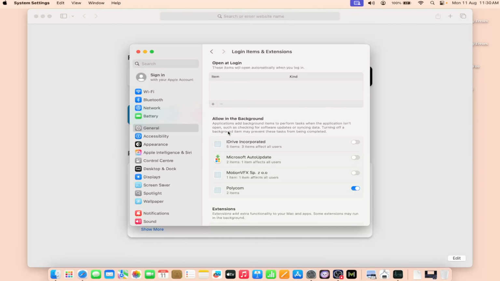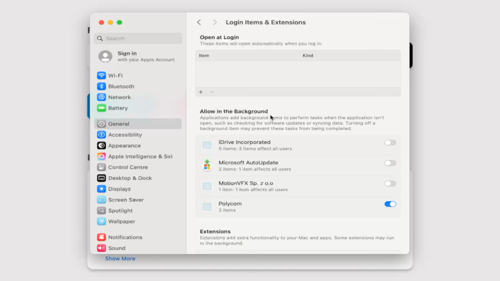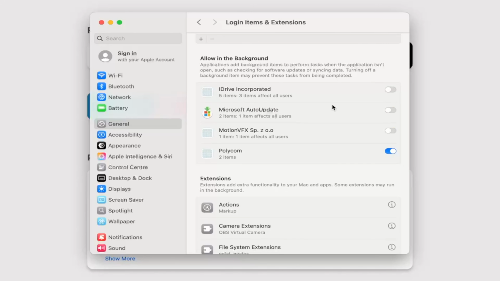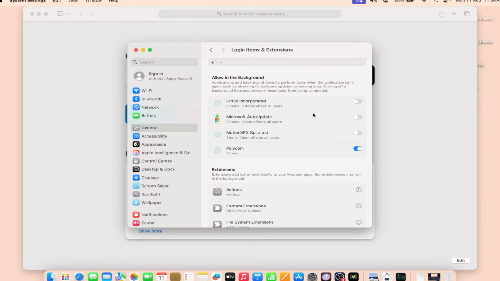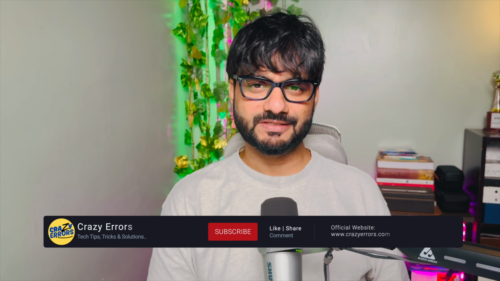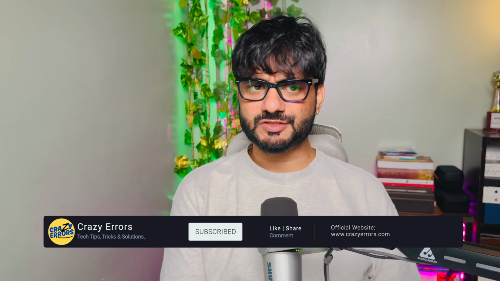Now your Mac will not load such items or applications whenever you log into it. In the same window, right below, is Allow in the Background. Look for those applications always running in the background without you knowing about them. Disable anything in this window that does not need to run round the clock, such as Spotify, Zoom Launcher, Adobe